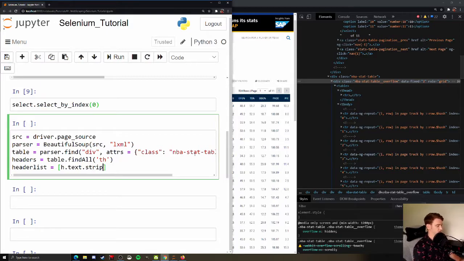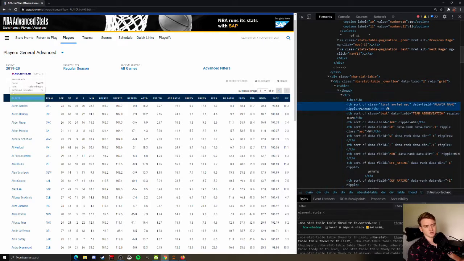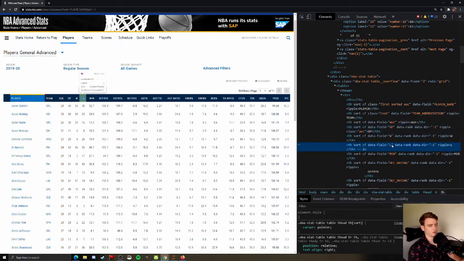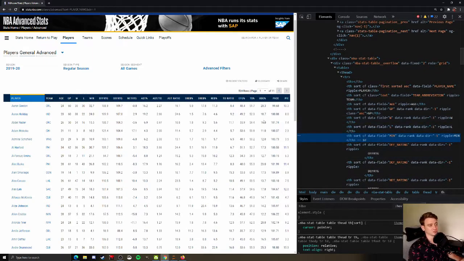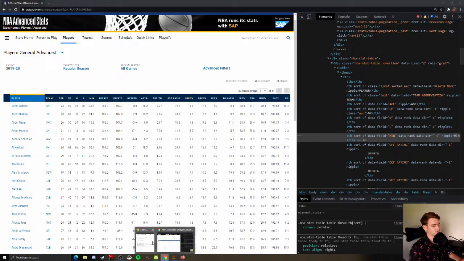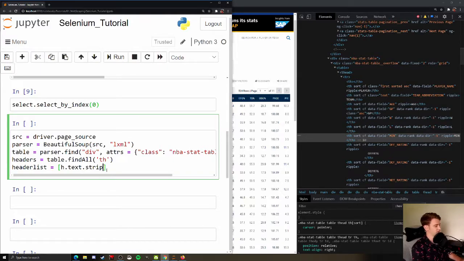h.text.strip. Basically what I'm doing is I found all of the table headers here, and I want to pull out the text value, and strip away any leading blank space, any following blank space, any new line characters, anything like that that could be hiding in this. I just want the text values right here, which is going to make some of these with the percentage signs look a little goofy, but we can handle that. We know what data we're pulling from. We know what it looks like. That doesn't matter for right now, at least. So we want the h.text.strip